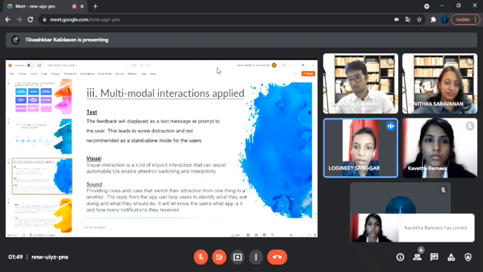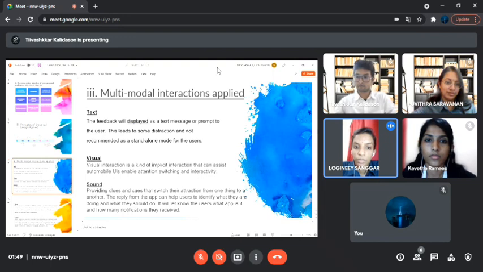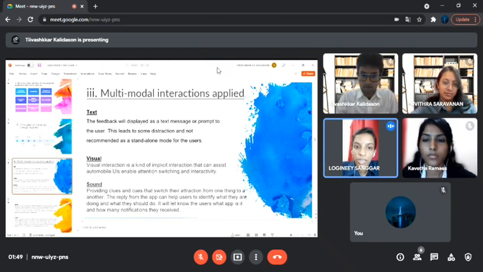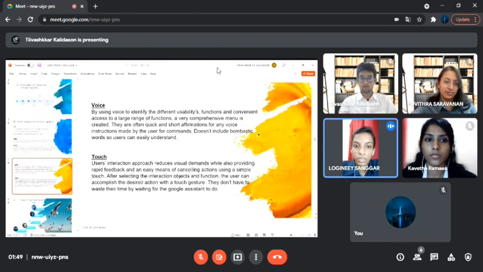The next is voice. By using voice to definitely enhance usability function and convey access to a large range of functions, a very comprehensive menu is created. They are often quick and short animation for the voice interaction made by the user for commands, not including bombastic words so user can easily understand. Next is touch.